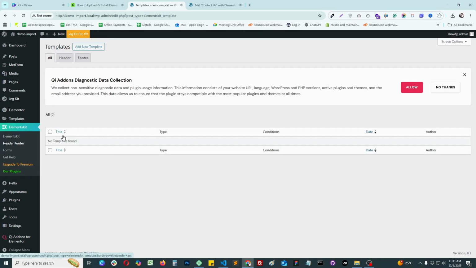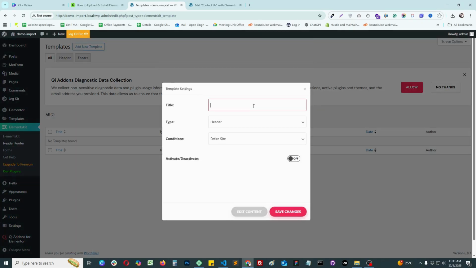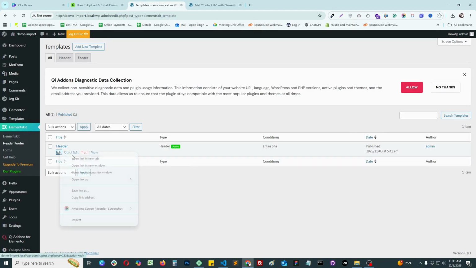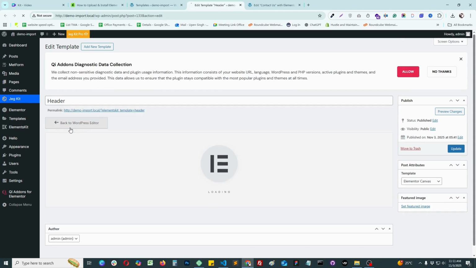How to set up header and footers. Elementor Pro kits will automatically set up the header and footer under Templates, Theme Builder. If you are not seeing it in your pages, make sure the page layout is Elementor full width and the header template condition is entire site in the Theme Builder.